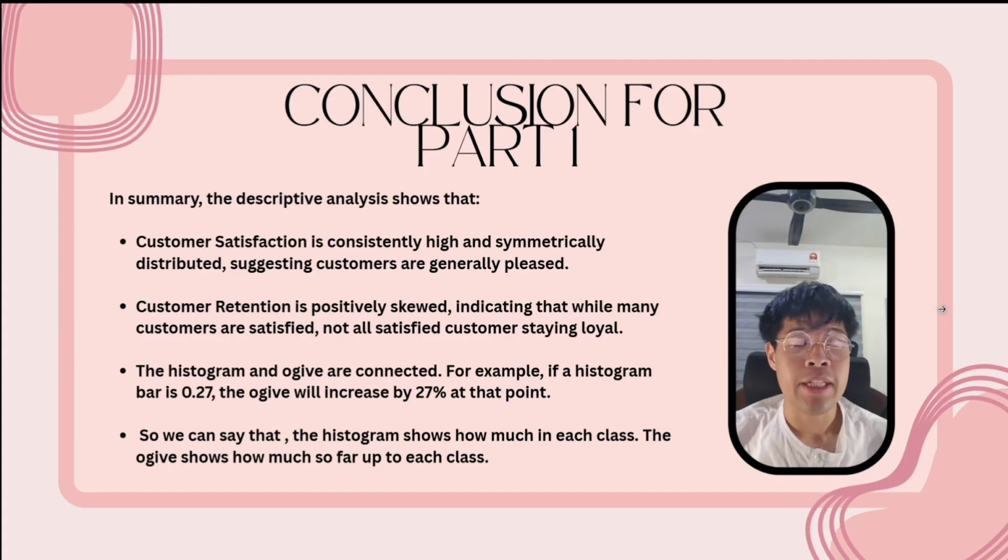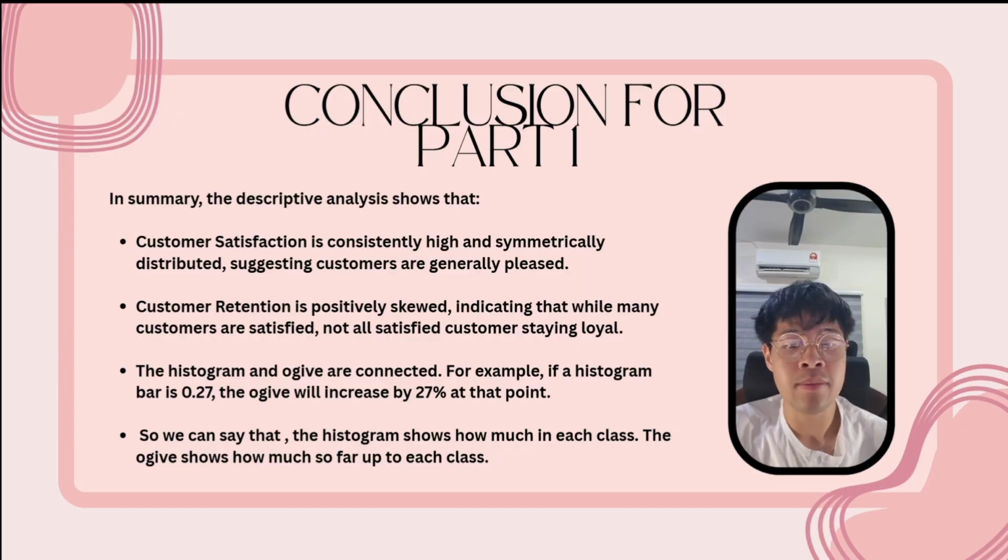In summary, the customer satisfaction is consistently high and symmetrically distributed, suggesting customers are generally pleased. Customer retention is positively skewed, indicating that while many customers are satisfied, not all satisfied customers are staying loyal. And the histogram and ogive are connected. So if a histogram bar is 0.27, the ogive will increase by 27% at that point. So we can say that the histogram shows how much in each class, the ogive shows how much so far